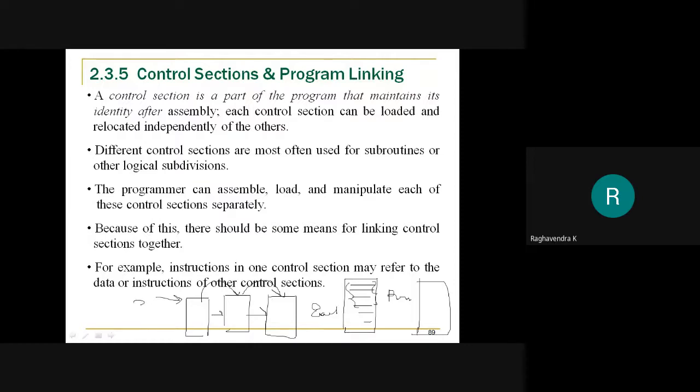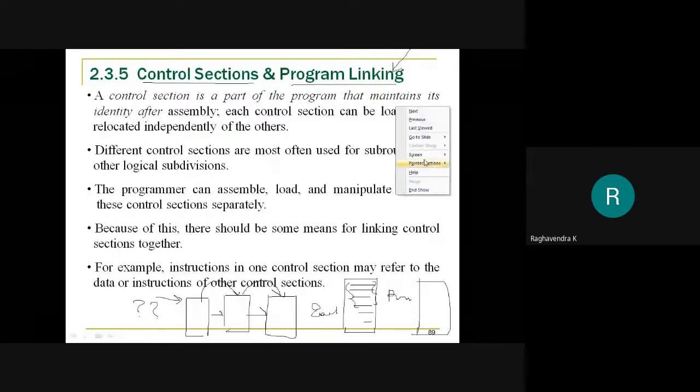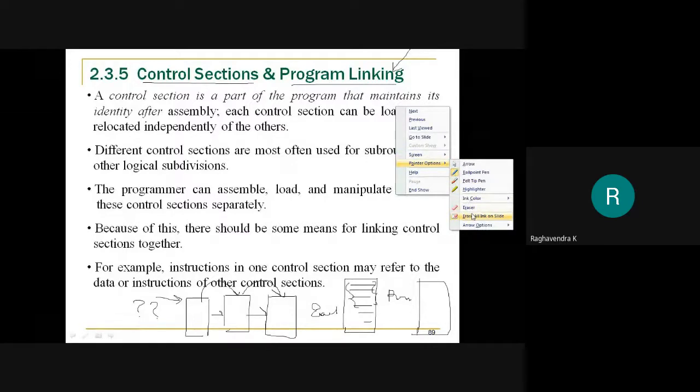If that is the question in mind, yes, you can do that, but for that you have to make use of the concept of control sections, and later you are supposed to perform program linking. Or you need to give some information in order to perform program linking. So what do you mean by a control section? We need to identify that first.